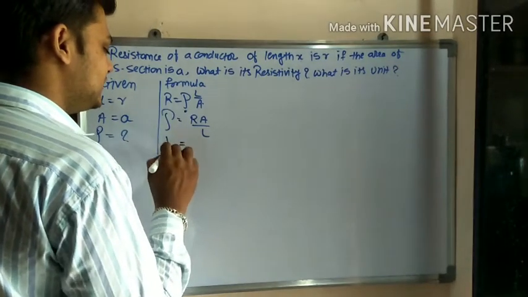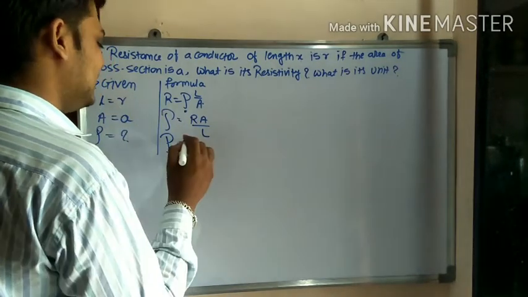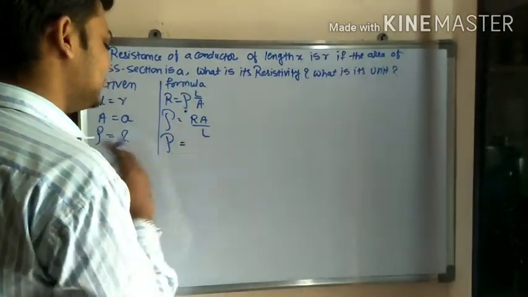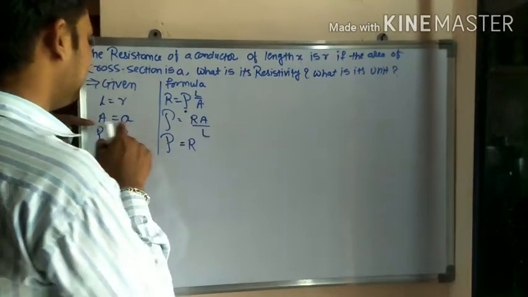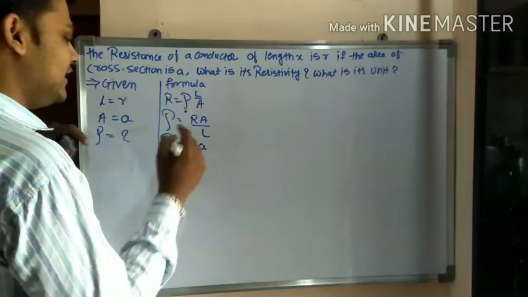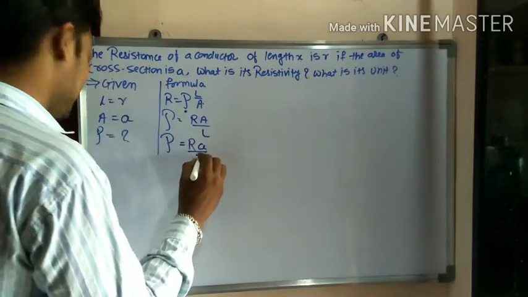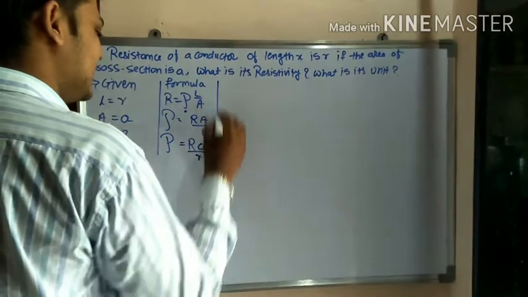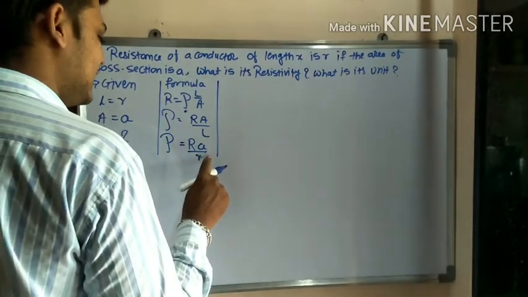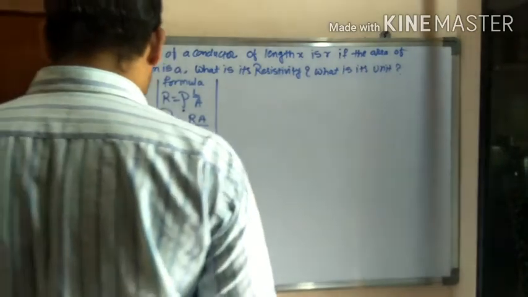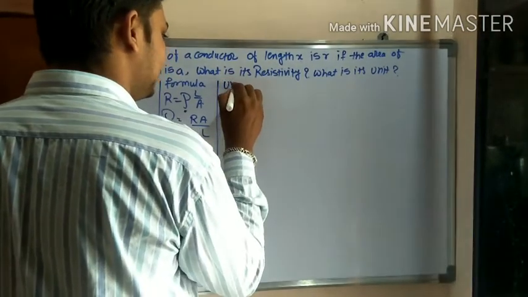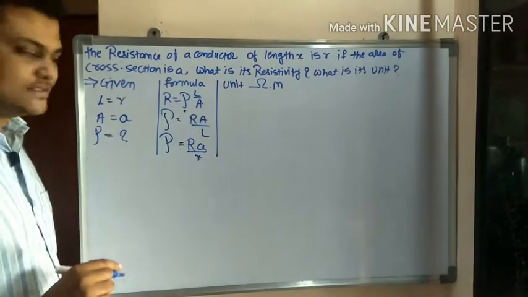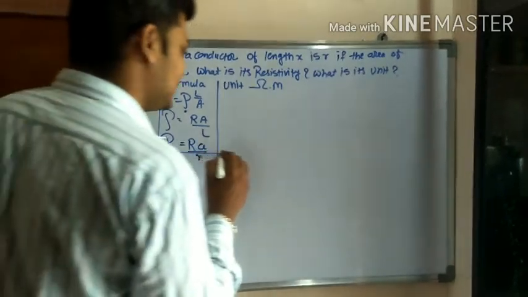Because of that, resistivity is equal to R, where R is resistance, so resistance is taken as it is, R. Area is given, A, so that's the reason A, divided by length, that is small r. So here comes our answer, that is resistivity of a material is RA divided by r. Next, here we have to find out the unit, and we know the unit of resistivity. So SI unit of resistivity is ohm meter. SI unit of resistivity is ohm meter. Here comes your first numerical.